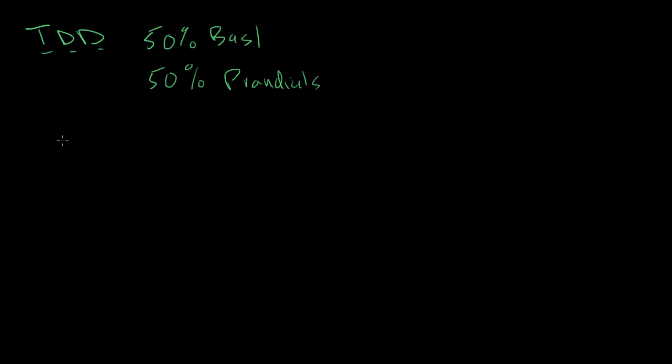Now, for someone who's never been started on insulin, this can be tricky to figure out. In general, the amount of total daily dose depends on how insulin sensitive or insulin resistant they are. The more resistant you are, the more they need. In the average type 2 patient, you can usually estimate this at about 0.5 to 1 units per kilogram a day. So a 100 kilogram person may need anywhere from 50 to 100 units of total daily insulin,